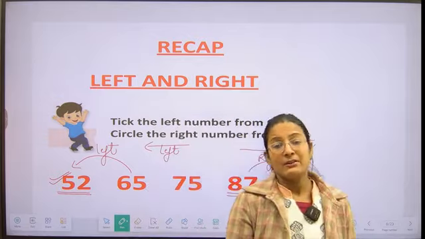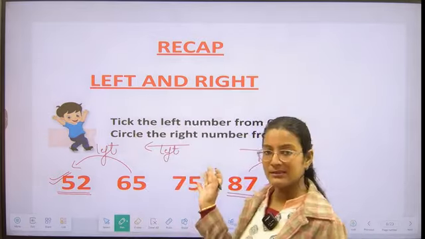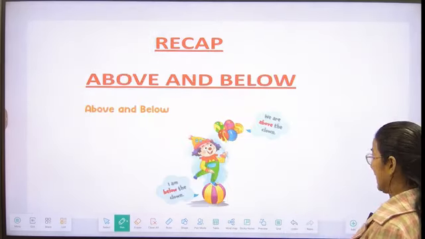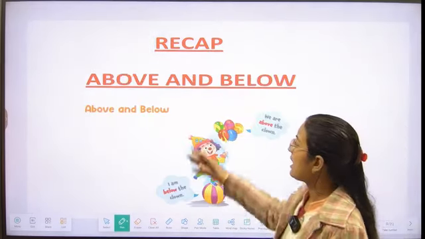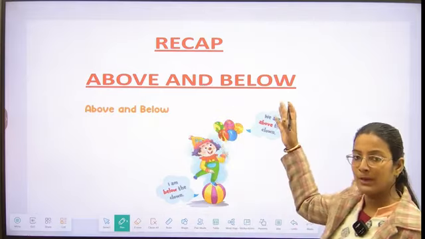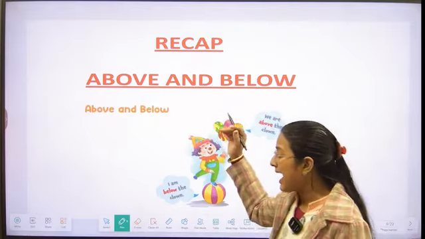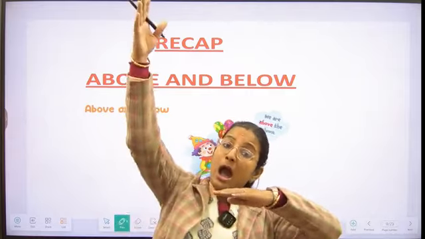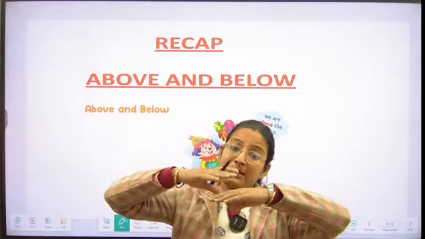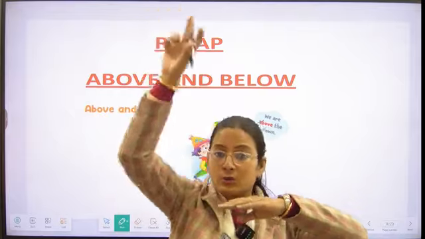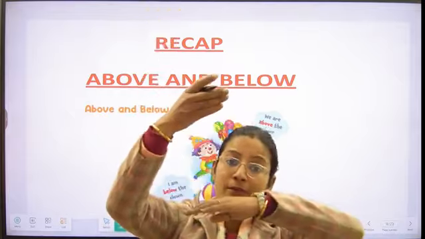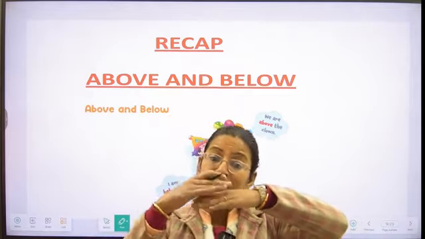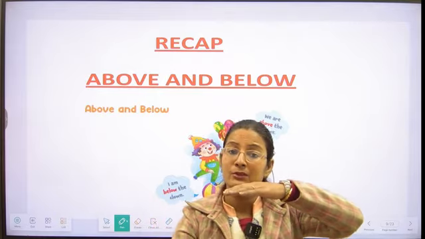Everyone is revising the concept of left and right? Very good. We are going to move on to our next concept, that is the concept of above and below. So I have told you that whatever the object is up from our side, जो हमारे से कहाँ होता है? ऊपर होता है, उसके लिए we are using the above. और जो चीज हमारे से नीचे होती है या कोई ऑब्जेक्ट जो नीचे रखा होता है, we are using below